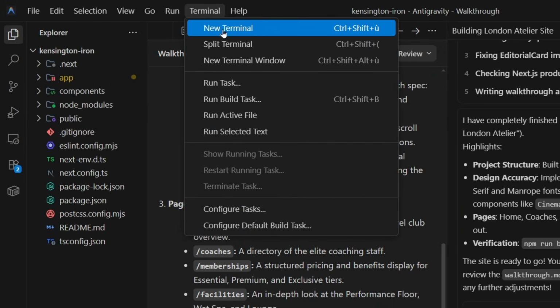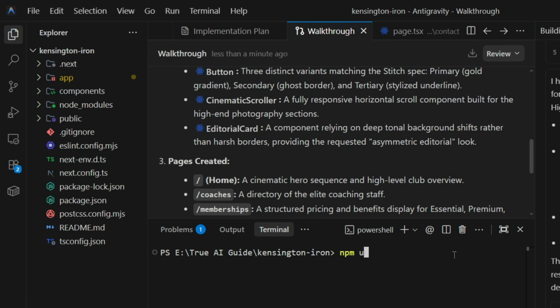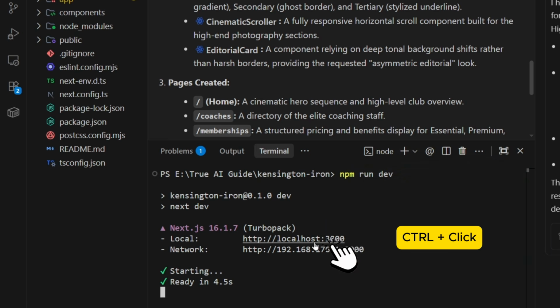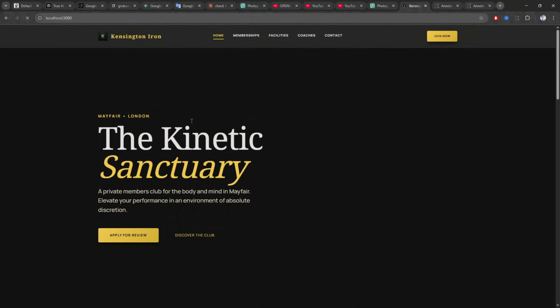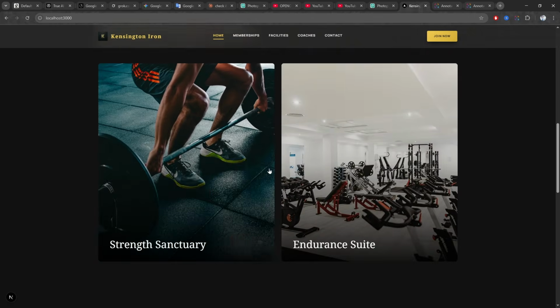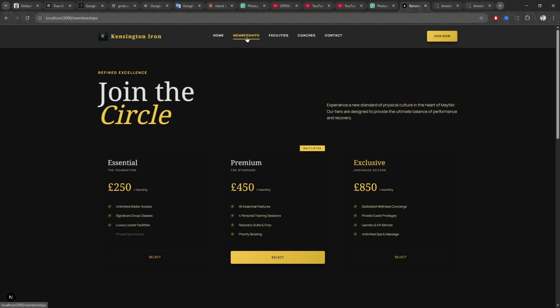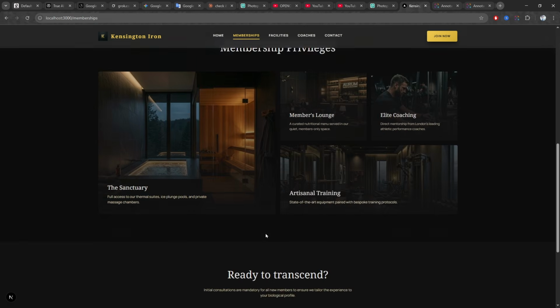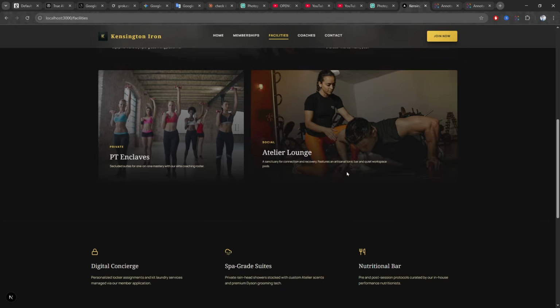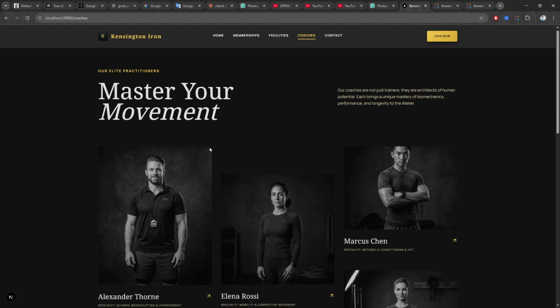I open the terminal right inside Antigravity and type npm run dev to spin up our local server. Hold Ctrl, click the localhost link, and let's see what our AI developer actually built. Look at this. It's a pixel-perfect translation of our Stitch design. The cinematic hero section, the dark mode aesthetics, the structured pricing tiers on the memberships page, everything is here, fully